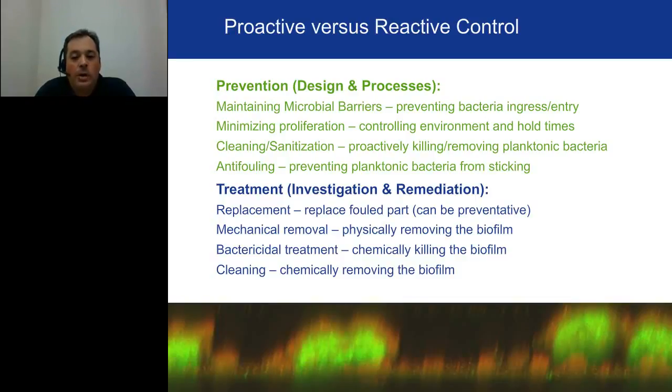Of course, we can't always prevent bioburden and biofilms from growing in the system. Occasionally we do have an issue and we need to be able to remediate that. And the very best way to remediate biofilm especially is replacement of your parts. So that's not a very popular one, especially if you have potentially millions of dollars invested in your manufacturing environment. You don't want to scrap millions of dollars of equipment to do your prevention. However, it's extremely effective. But where I'm talking realistically about here is, what about your disposables?